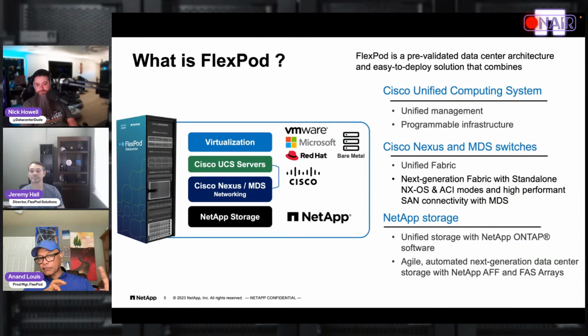So compute and networking from Cisco, and then from storage, it's ONTAP. We had FAS systems for a long time. We added AFF for high performance storage, and now the C series, the capacity storage, is joining the family. So the fact that we have ONTAP at the bottom managing the entire storage infra allows us to very easily bring manageability into the platform.